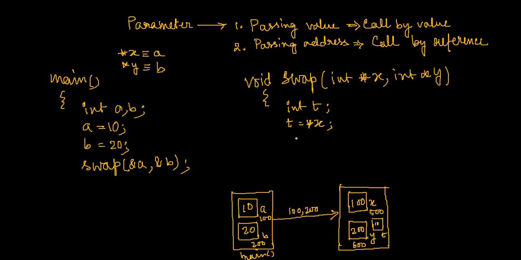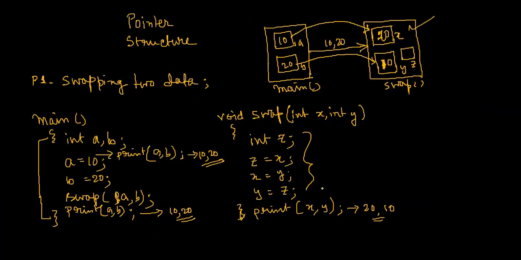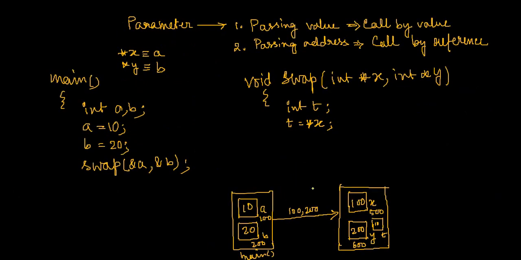Fine. Now, here I had x equal to y. So basically, what does it mean? I want to now copy that. You see, that means 10 is temporarily stored over here. So I can copy 20 over here. So how to do this? So I can say that pointer x is equal to pointer y, because this will reflect directly. Though you are in this place, still this code will reflect directly within this particular main function.